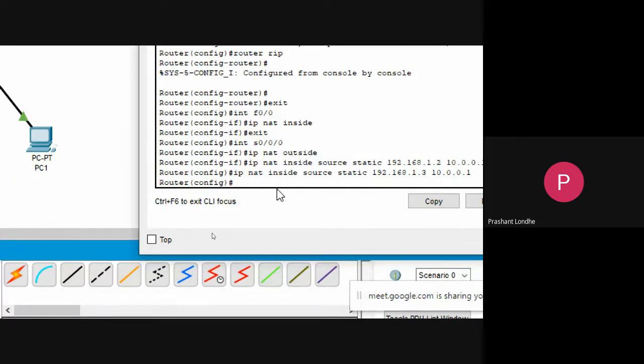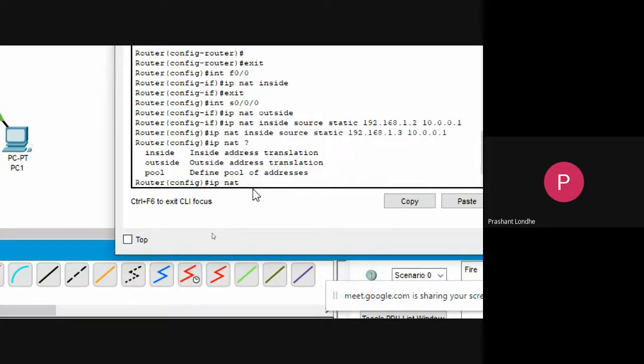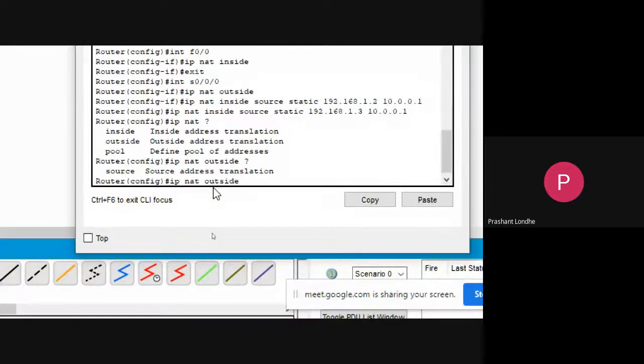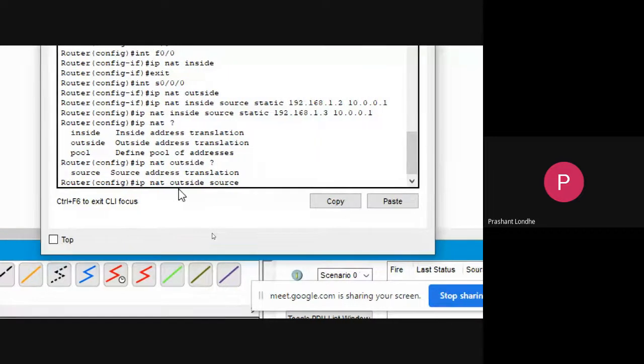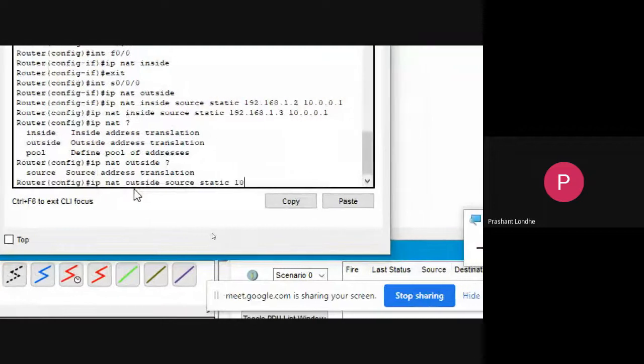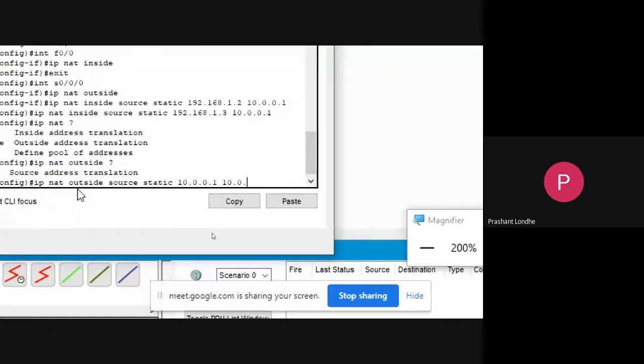Similarly, IP NAT outside destination. Let me check whether the destination is available. So I will use the same source static, 10.0.0.1 to 10.0.0.2.